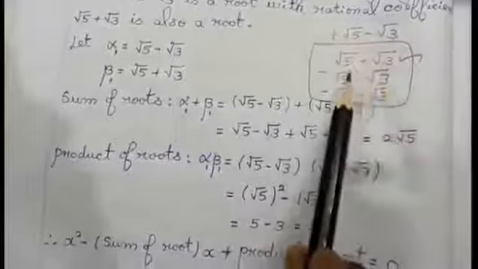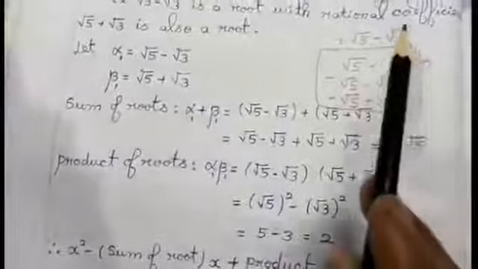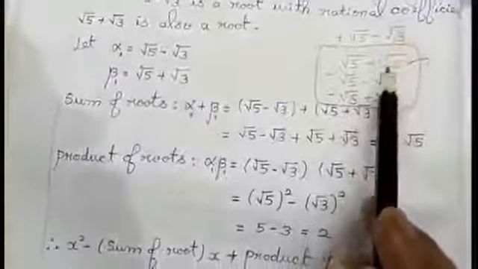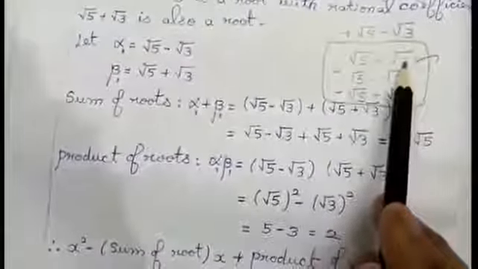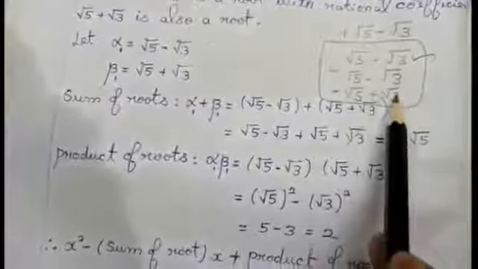Now how I am going to do the sum is, I am going to pair the roots 2, 2. I am going to take the first 2 and the next 2 as another set. Using the first 2 I am going to form a quadratic equation. Using the next 2 I am going to form another quadratic equation.